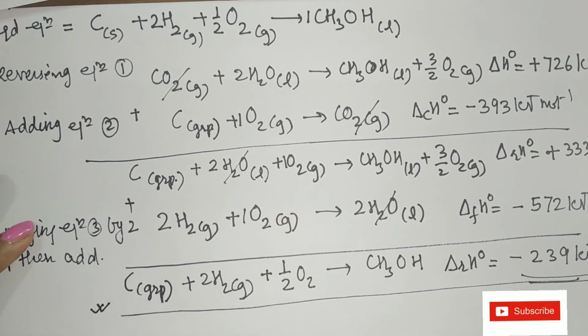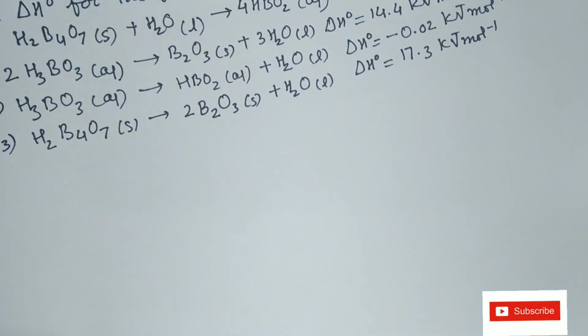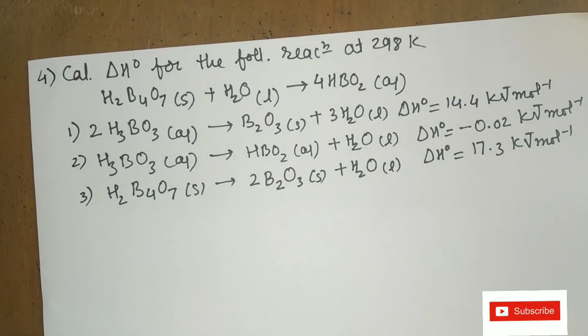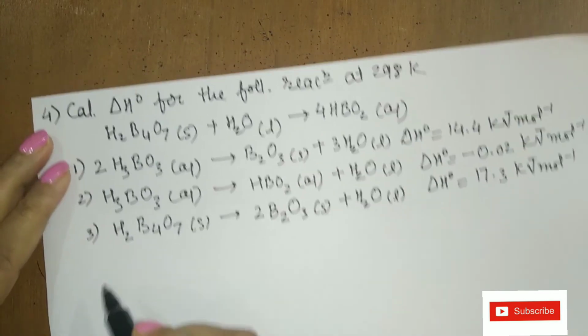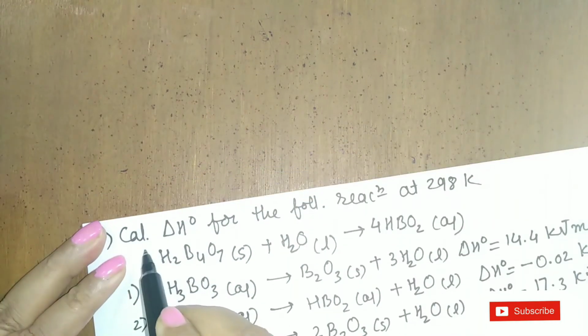Let us try one more problem that we can solve simultaneously. Now the last problem here is this. Here they have given the data in this way. Although the terms, like boric acid and all, sound complicated, the problem is very easy. So let us try this. So the required equation here is this.